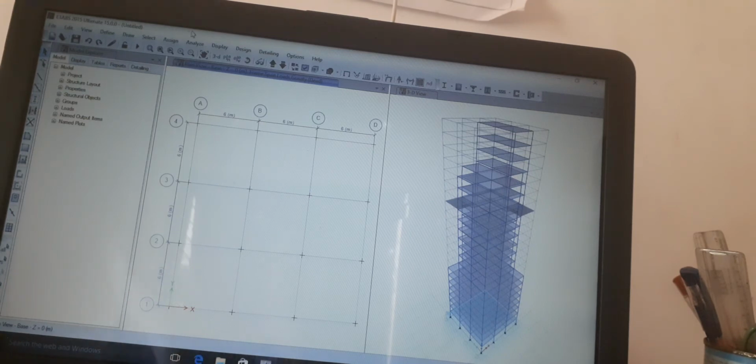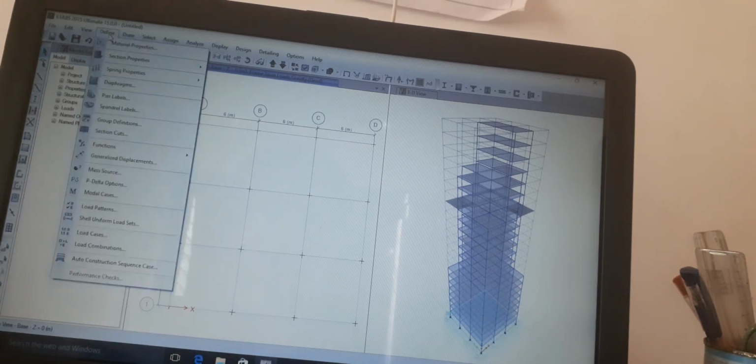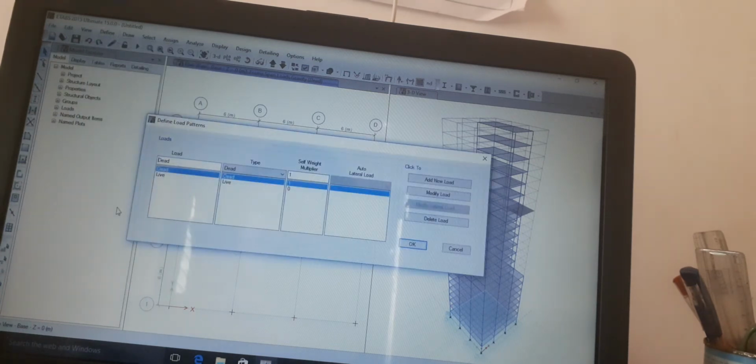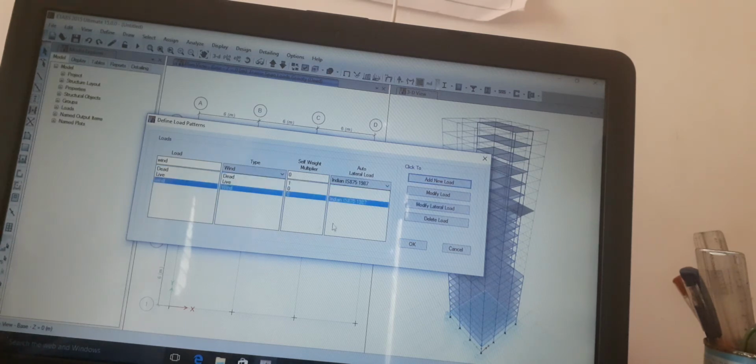then we have to go to define menu. Here the wind time base wind also IS 856. Add new load, select the wind load and modify lateral load.